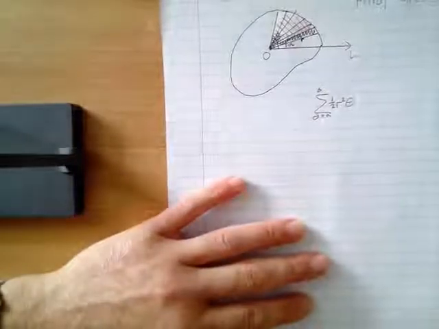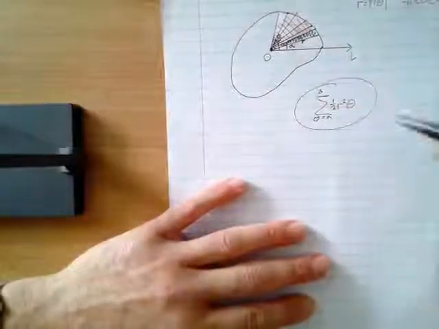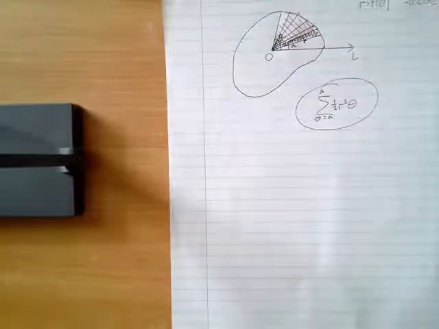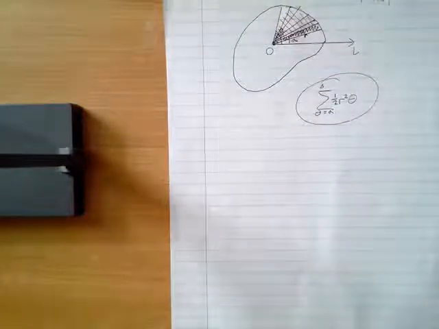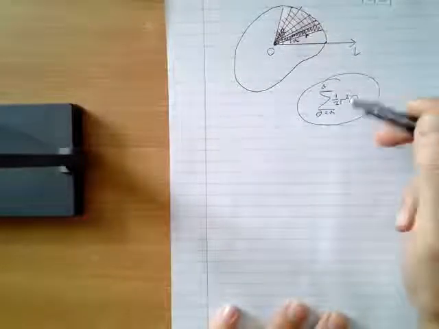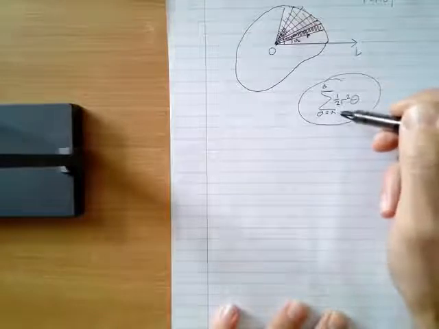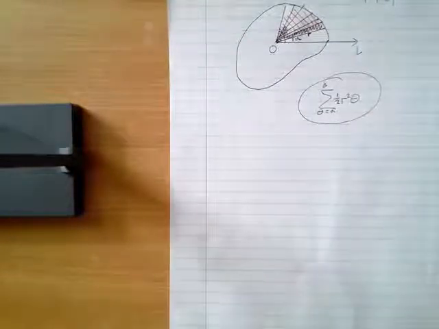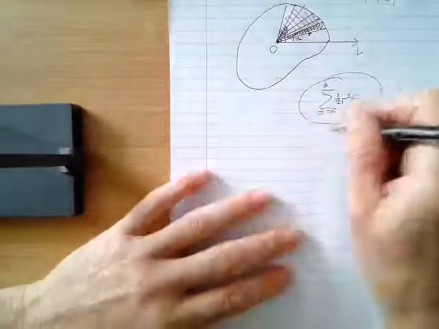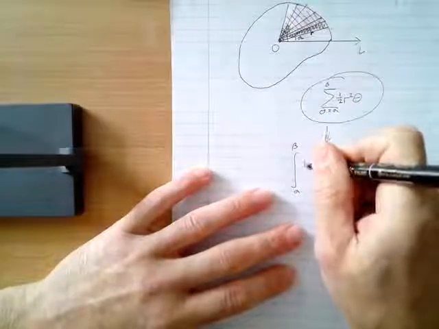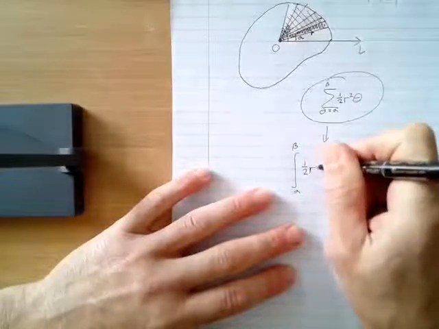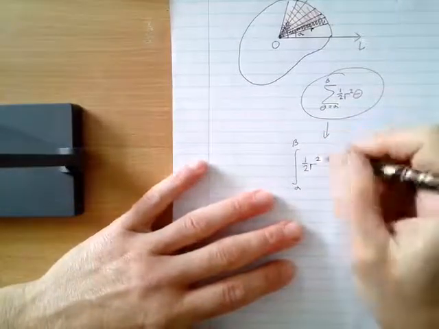If you know anything about integration, you will understand that what it actually is is a replacement of this with the perfect case, where you don't just have a set number of sectors, you have an infinite number of them. In other words, it's doing this to the extreme, where the number of sectors that you choose between alpha and beta is actually a lot, or more specifically, an infinite number of them. So this formula becomes the integral from alpha to beta of a half r squared d theta,